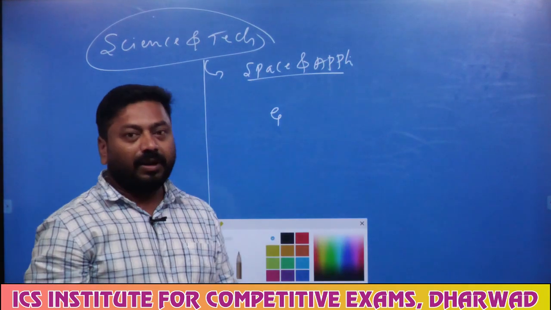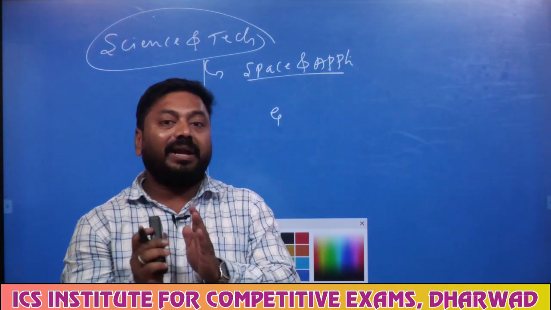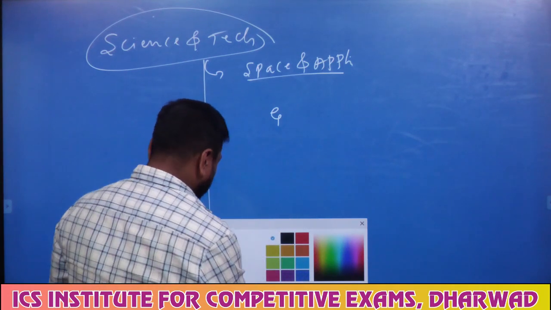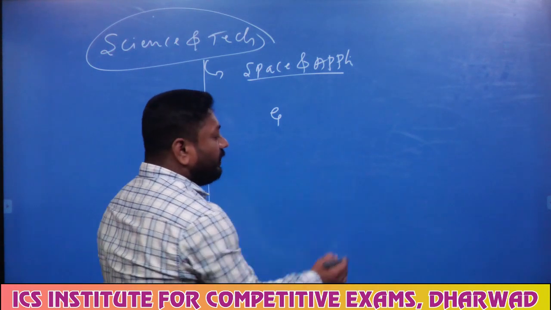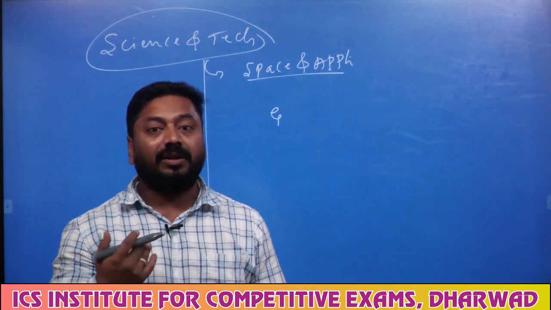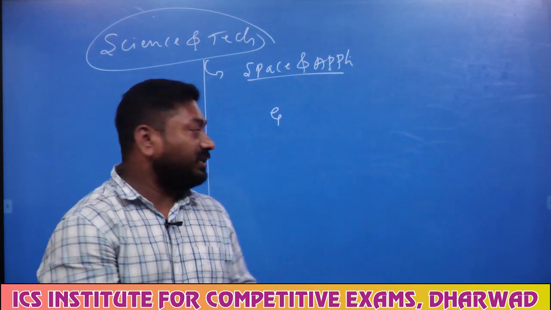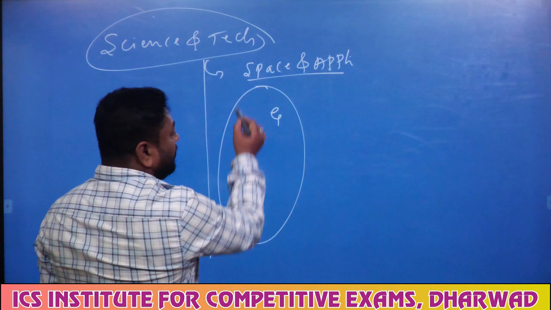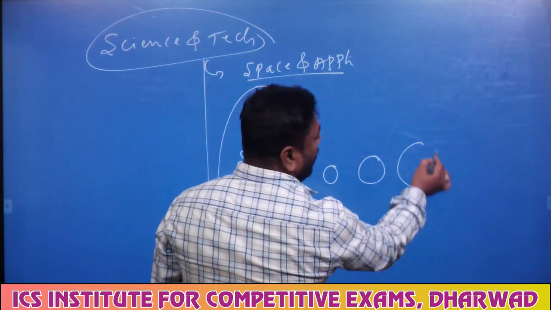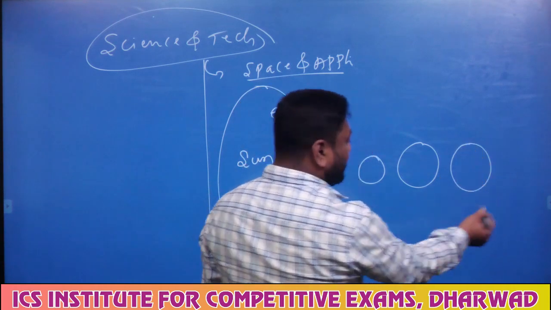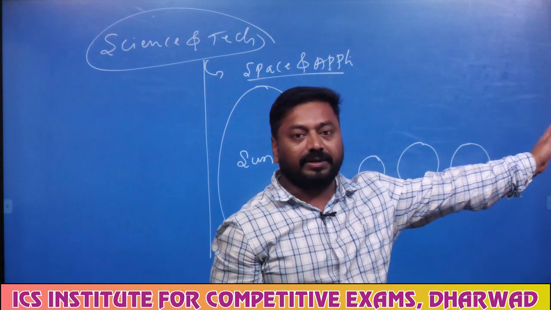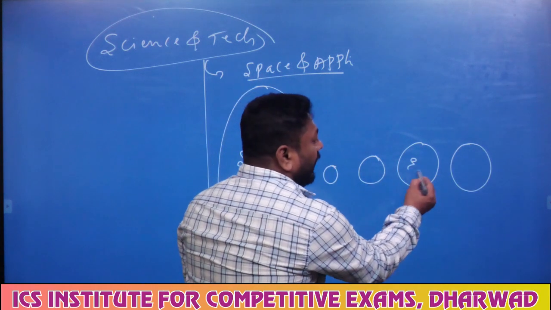See, out of the 8 planets in our solar system, why are we spending crores and crores of rupees just to explore another planet? Then what is the problem with the Earth? Best example, I'll take a simple example. If this is the sun, here we have our solar system. I will restrict it to only the terrestrial planets. Now my question is, every time